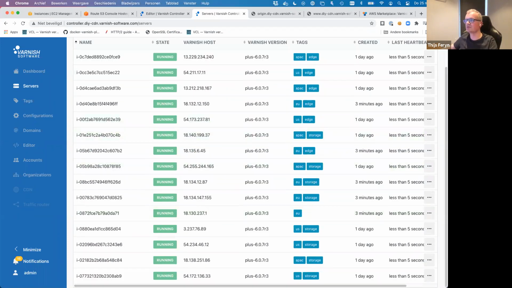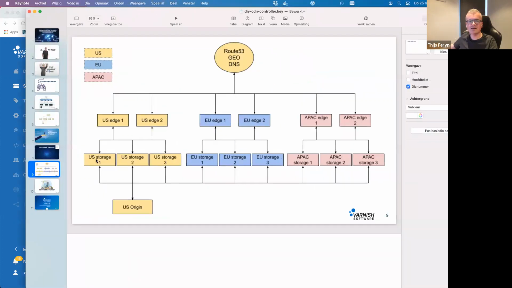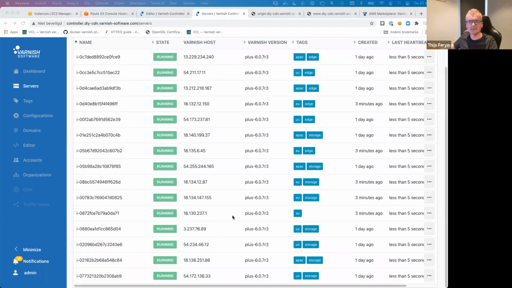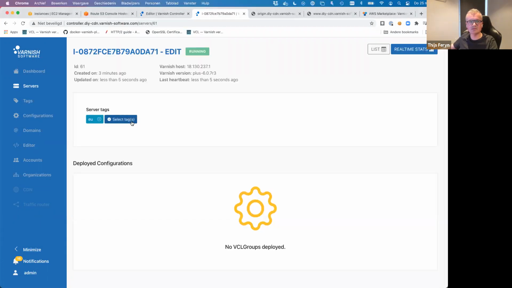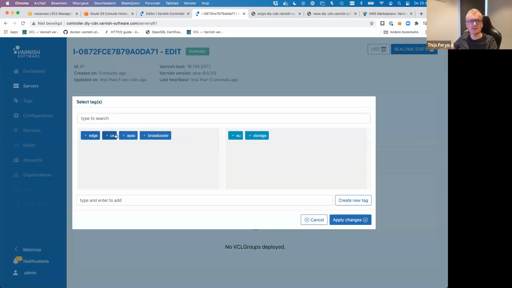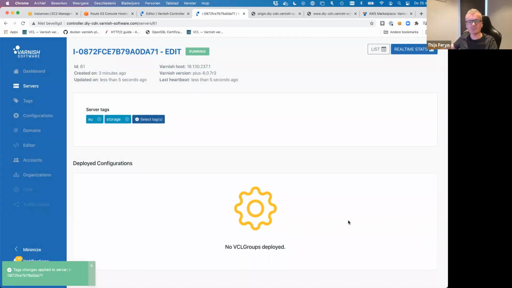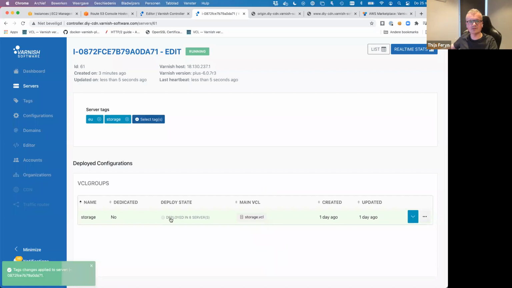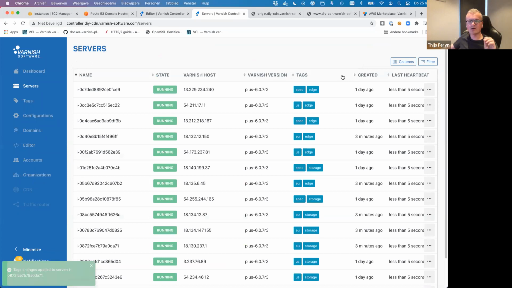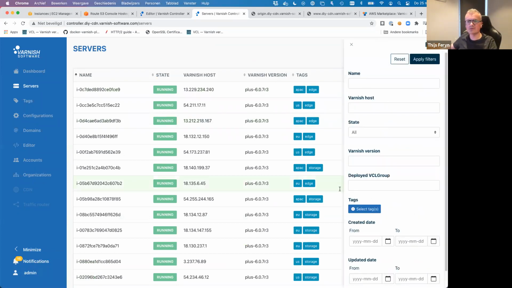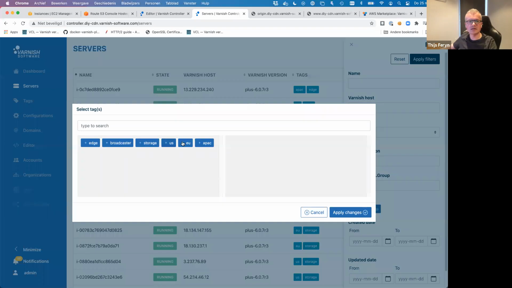I promise you, if we look at the setup, we'll have 3 times 3 is 9 storage servers. We're already at level of 8. So if I select this one and turn it into storage, we are good. So it's deployed in 8, will be 9. So my responsibility at this point is figuring out what the IP addresses are of the storage servers in the EU. So again, I'm going to filter, select EU,